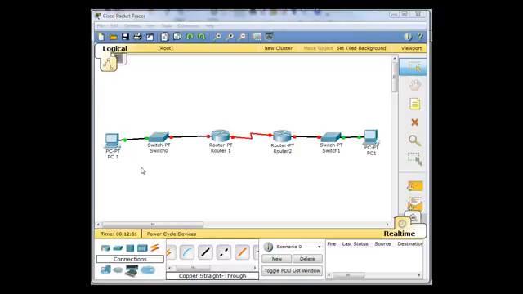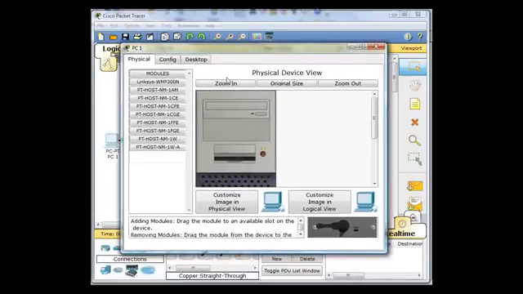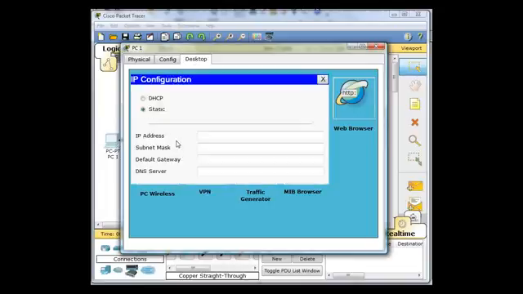So now that we have all of the devices placed in Packet Tracer and we have the correct connections between the devices, it's time to configure the devices and hopefully get all our interfaces up. So I'm going to go to PC1 here, and I'm going to configure PC1. I'm going to click on Desktop, and let's see here, IP configuration and static IP address, and I'm going to give him